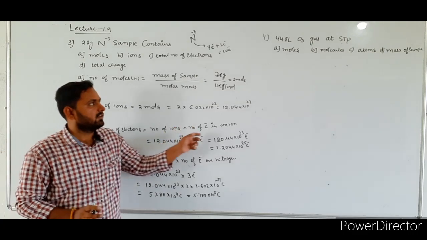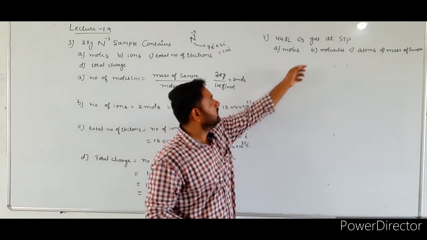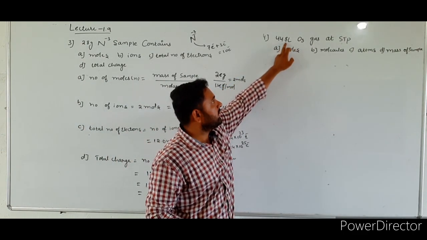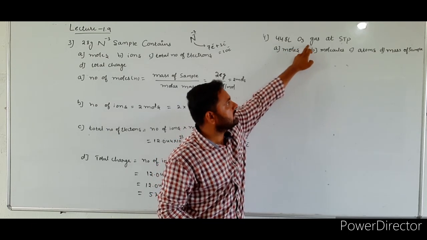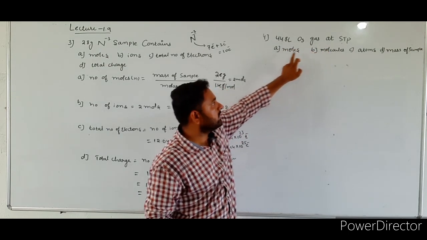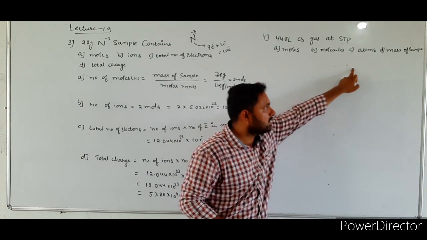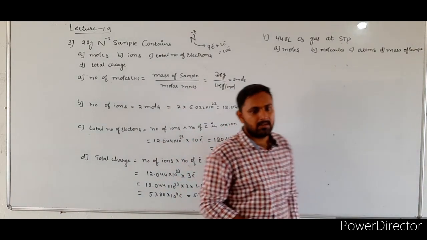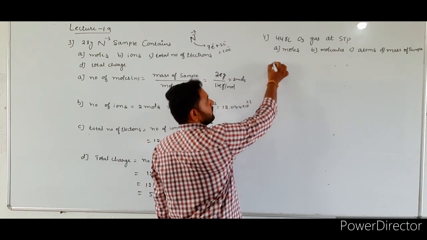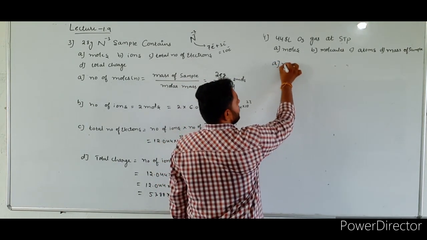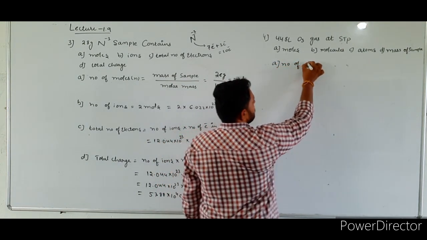Now let us go for the fourth numerical. 44.8 liter ozone gas at STP contains how many moles, how many molecules and how many atoms, and what is the mass of the sample? Now let us calculate one by one. The first one is moles. Number of moles